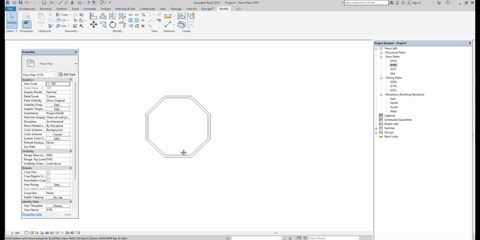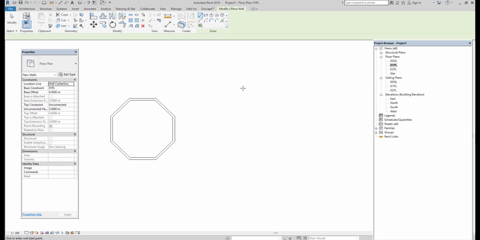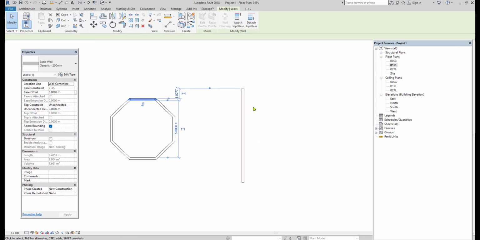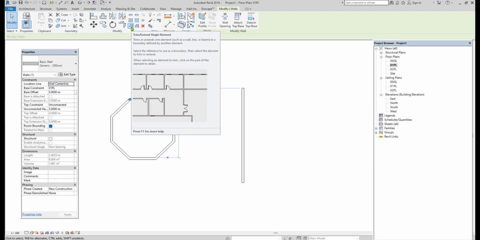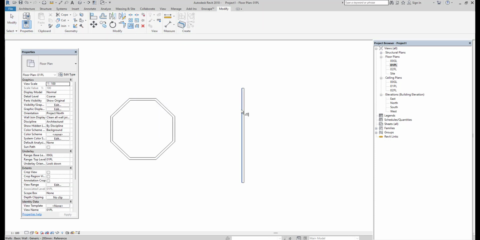So next one is extend. I just draw a wall here. I want to extend this wall till the target of this. I have a single extend element object. I take that first, and then first you have to select the target, on which target you want to extend the selected object. This is the target. And then second, you have to select the object which one you want to extend till the target. Same, select the target and select the object. Like this way you can go on extending the objects.